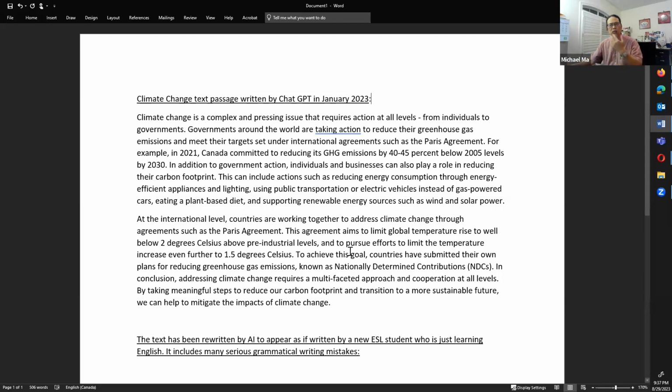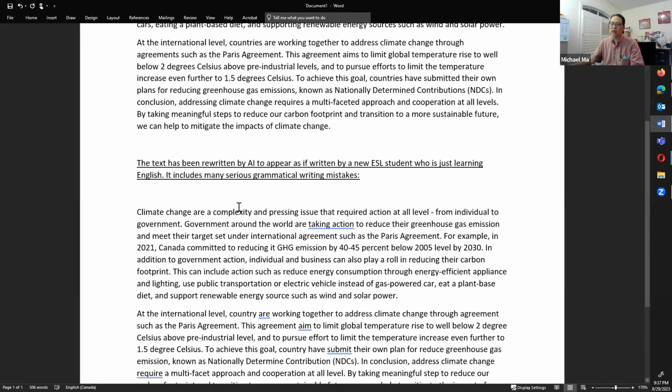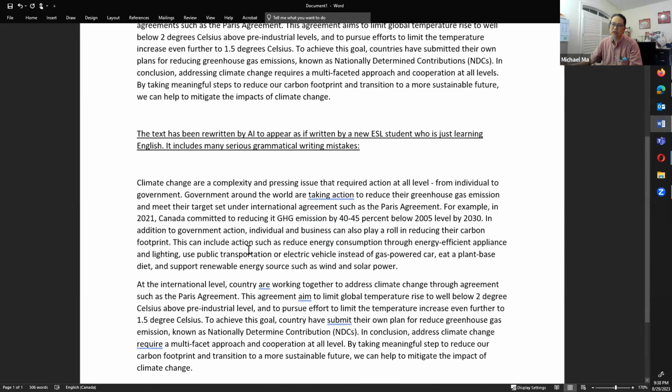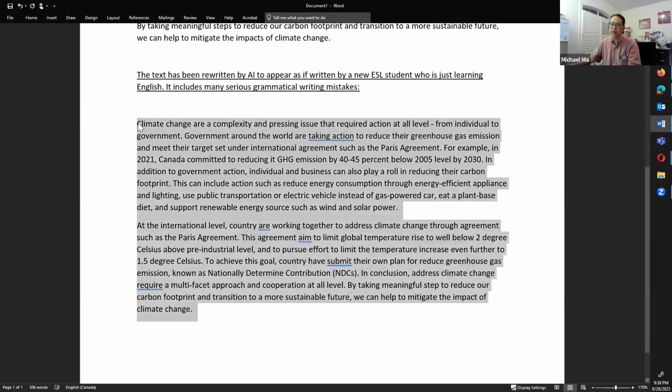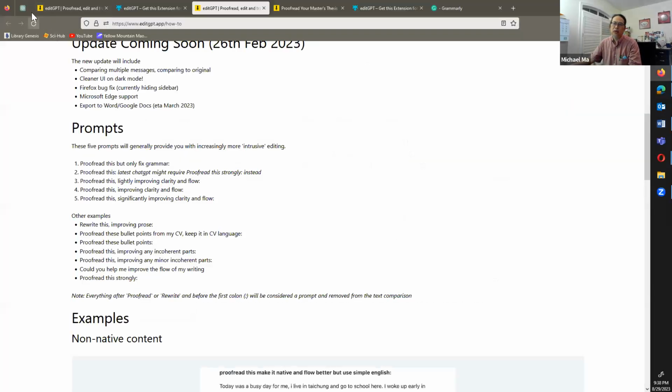And because I wanted you to see EditGPT edit, I asked AI to rewrite it to appear as if that passage was written by an ESL student, English as a second language student, who's just learning English, and to make sure that there are many serious grammatical writing mistakes in this passage. So what I did was I just copied this and pasted it into